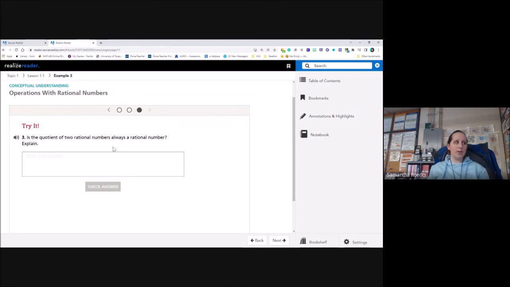All right, so let's try it. I want to know, is the quotient of two rational numbers always a rational number? And then I want to explain. So again, I can use something very similar. We're going to let A, B, C, and D be integers. Okay. So again, I'm dividing. So I have A over B divided by C over D. Okay, so when I'm dividing by fractions, I'm going to actually end up multiplying by the reciprocal. So this is the same thing as saying A over B times D over C,